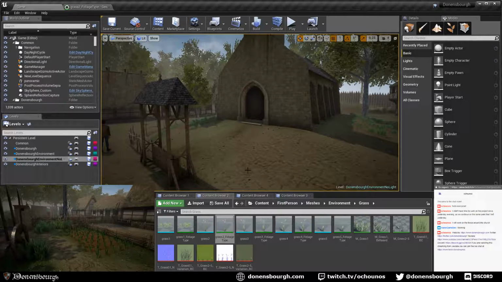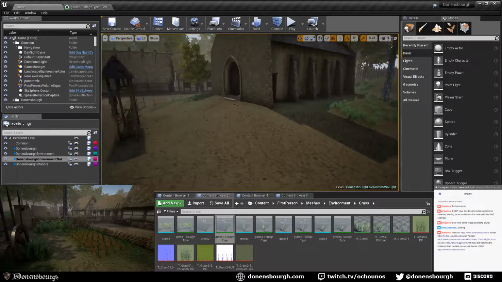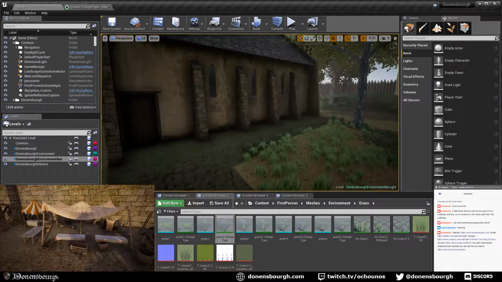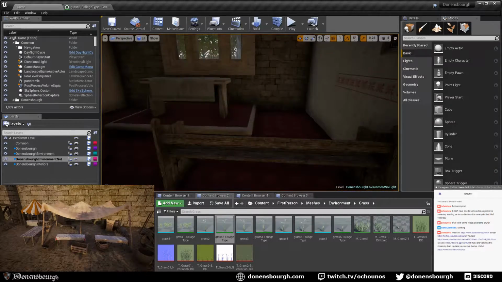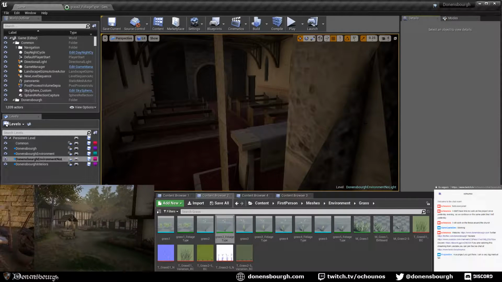I'm just working a bit on the environment around the church. Still missing a few things, but yeah, trying to complete a few areas. I want to check also if we have here the windows are messing with